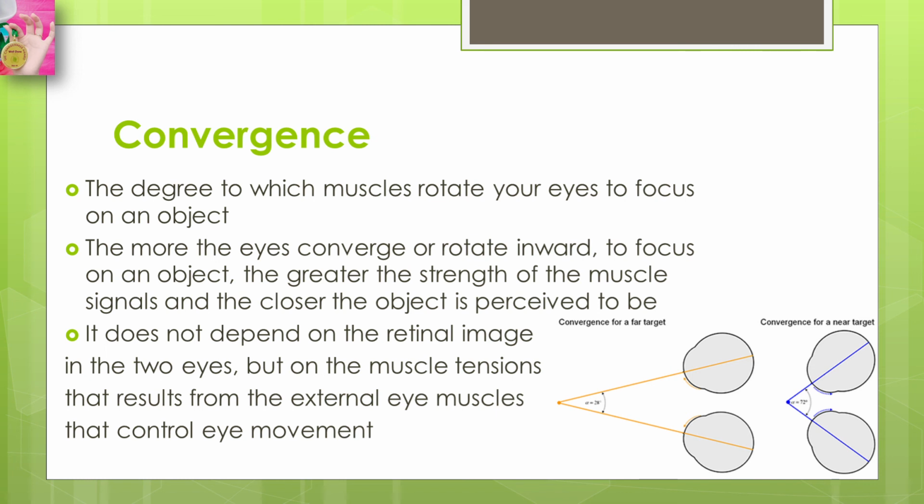When we look at an object that is no more than 25 feet away, our two eyes must converge or rotate to the side in order to perceive it as a single, clearly focused image. This rotation of the eyes is necessary to allow them to focus on the same object, but it creates tension in the eye muscle. Convergence does not depend on the retinal image in the two eyes, but on the muscle tension that results from the external eye muscles that control eye movement. And the next term which we'll be discussing is